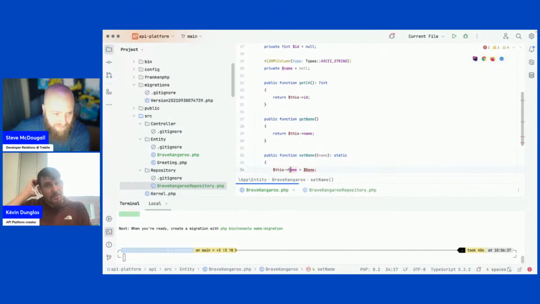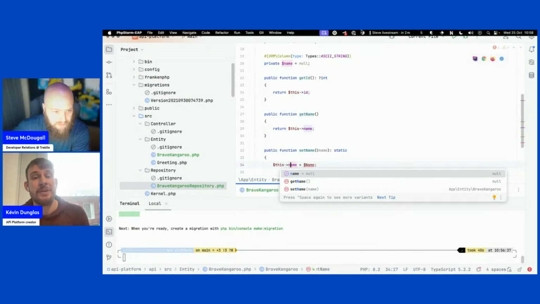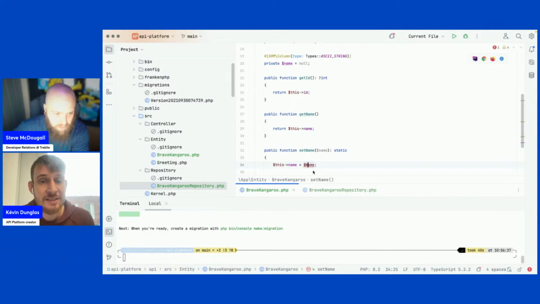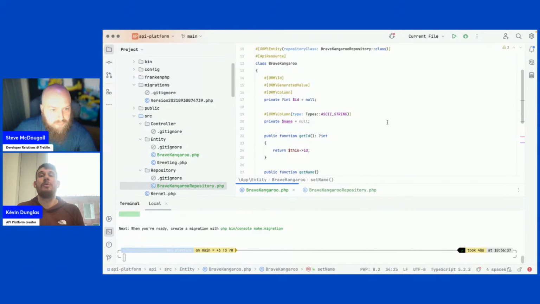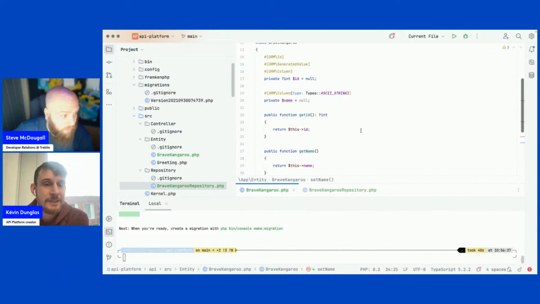Name. So currently, Maker Bundle is still generating getters and setters. That was the way in Symfony in previous versions. We will probably migrate it at some point to use public properties instead, and it's entirely supported by API Platform. It's just not generated by default yet by the code generator. Okay, so that works.